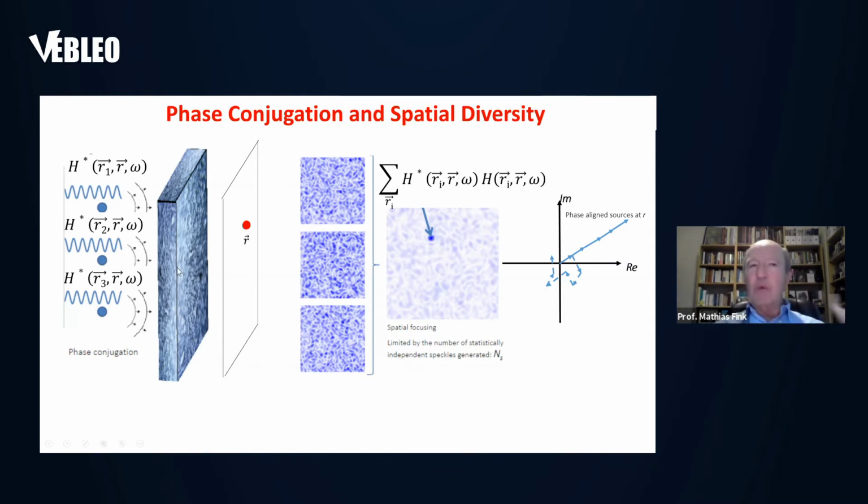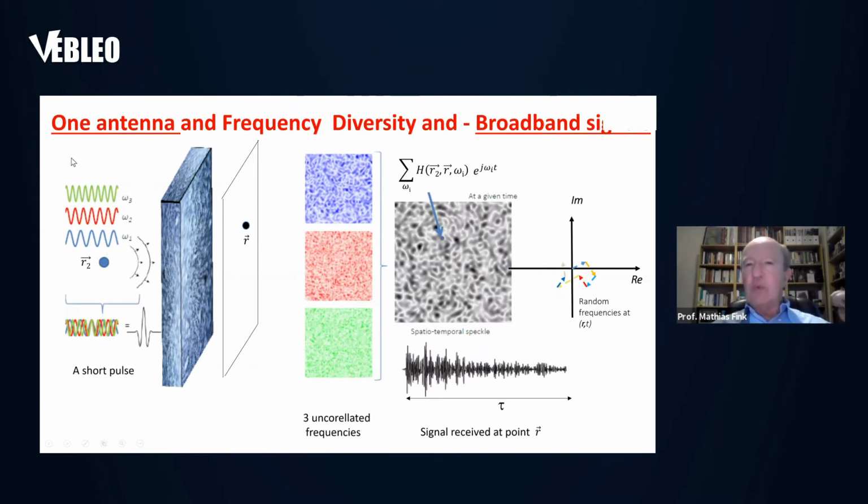Now, this is when you have many antennas and one frequency. But now there is another case. Imagine that you have only one antenna, but now you send not a sinusoidal wave, but a short pulse. And we will speak of frequency diversity here. A short pulse is a very short signal in time. If it is a symmetric signal, it results from the summation of many different frequencies with different colors, all in phase, and the summation of all these gives you a peak.